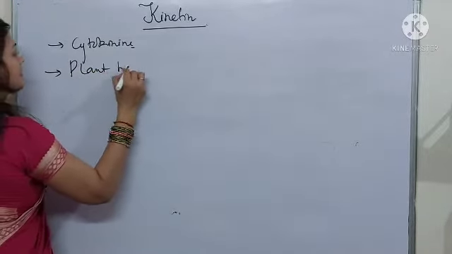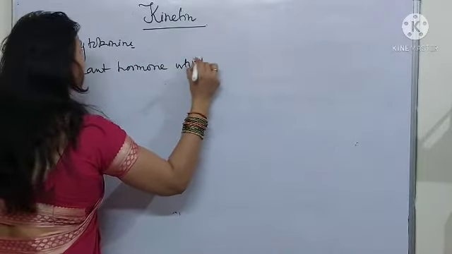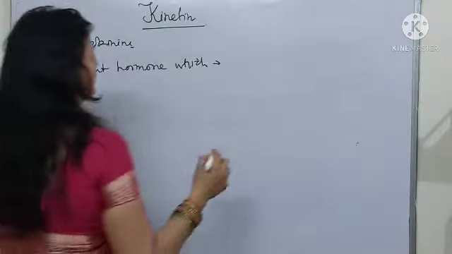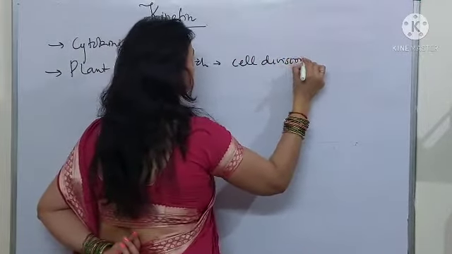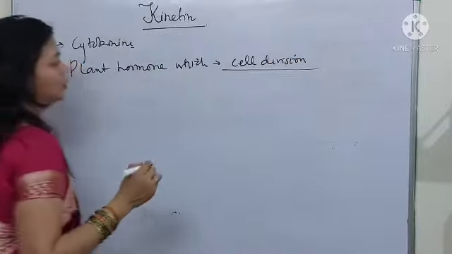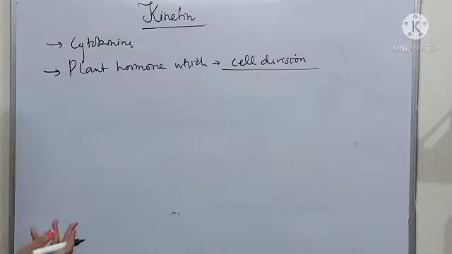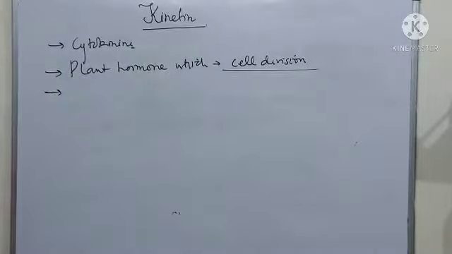It is another plant hormone which induces or promotes सेल डिवीजन, जिसकी वजह से प्लांट में रिपीटेड सेल डिवीजन होता है।